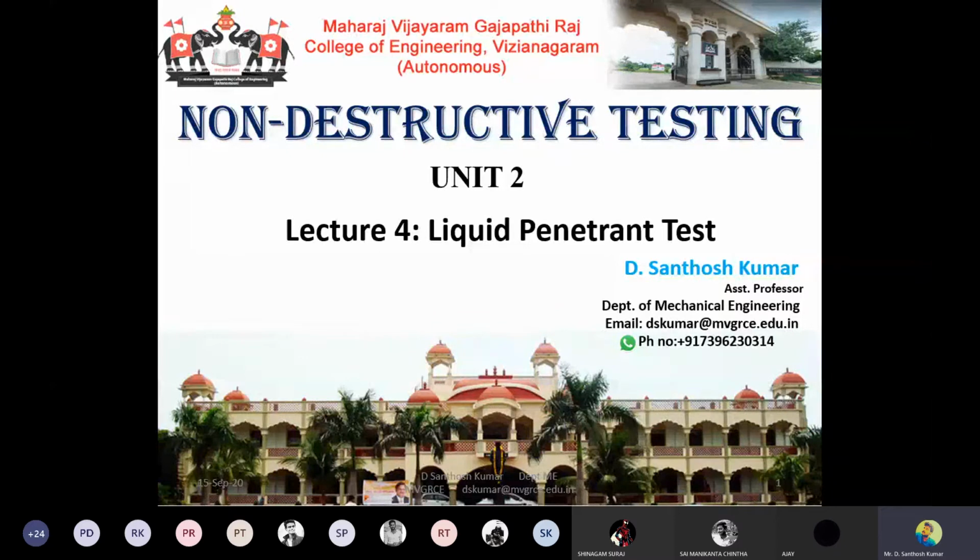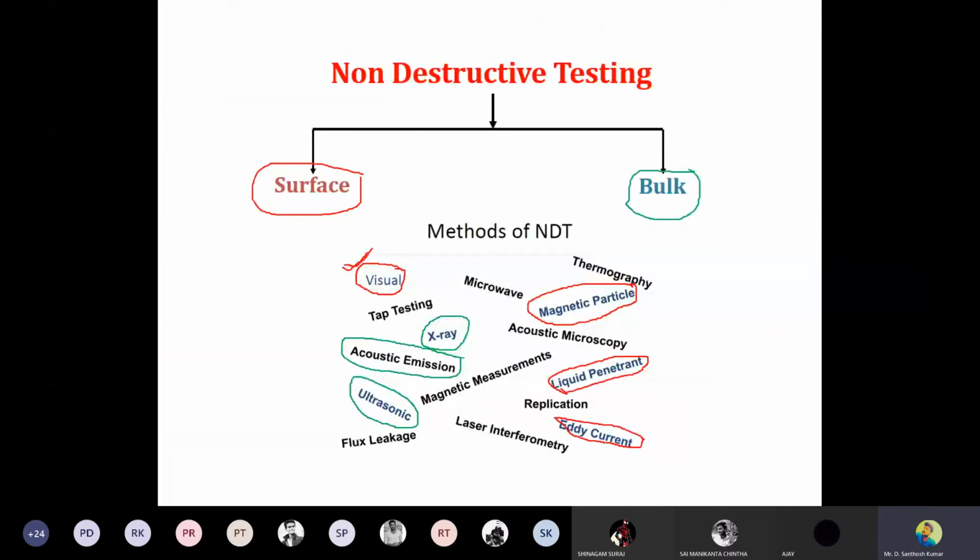So that we have listed, as you can see in this particular slide. Non-destructive testing we have categorized. We discussed earlier that one of the first methods in NDT is visual inspection, or the visual optical method. As I said, if you want to see and inspect what lies beneath, inside or underneath the surface, then you need to use one of these NDT methods listed here.